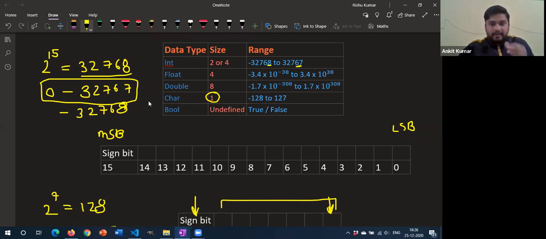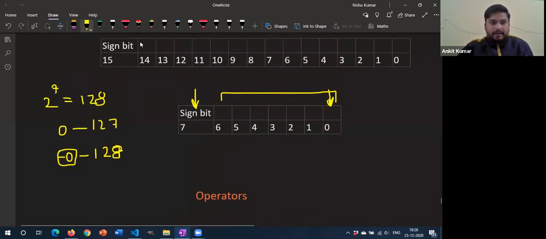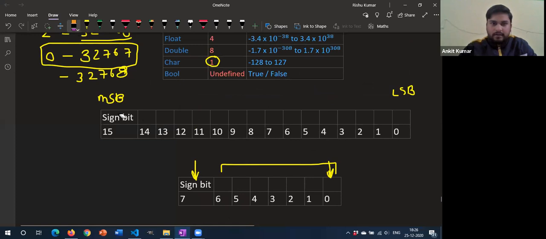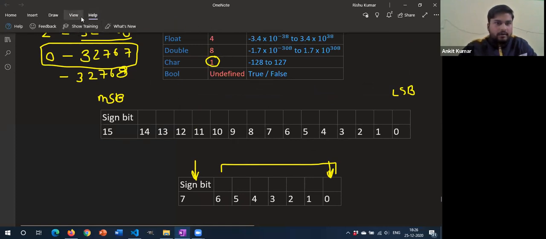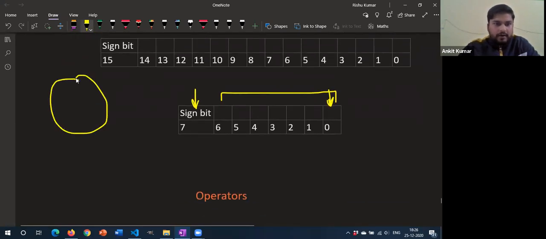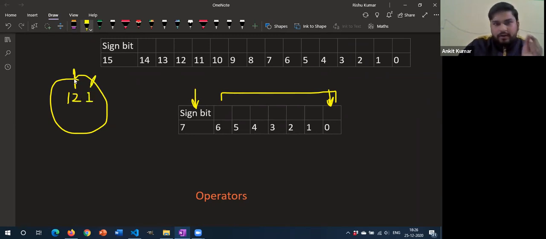Now, what is this? Let us understand. Let me erase this and I'll tell you. Just like in a clock, here you have 12, okay? And on this side, you have 1. Now, when in a clock, you have 12 o'clock, it is the time. And if you add 1 to it, if you step one step forward, will you get 13? No, you get 1.